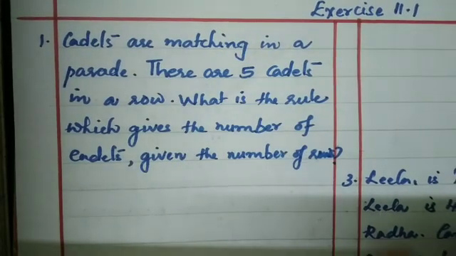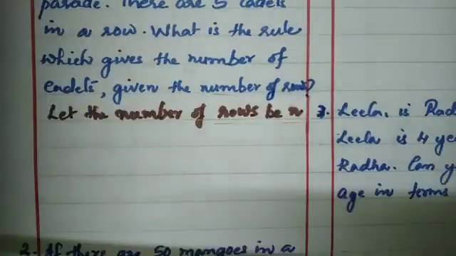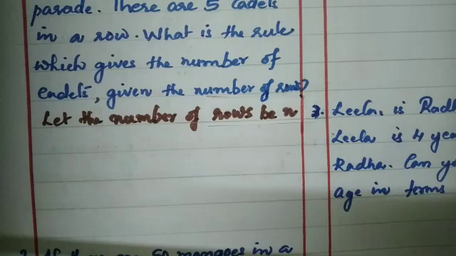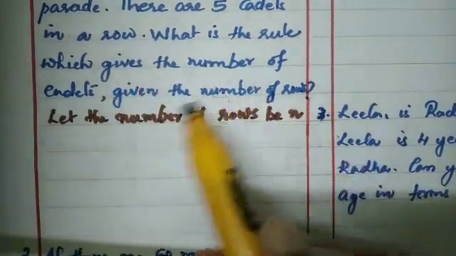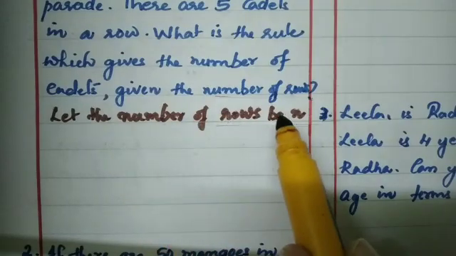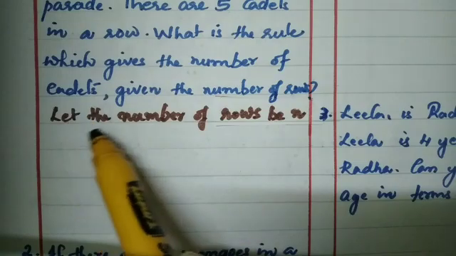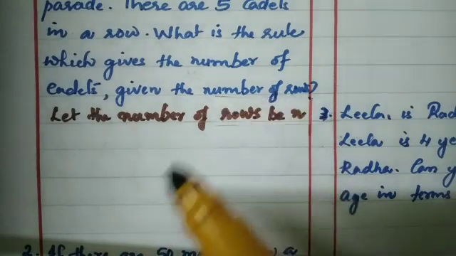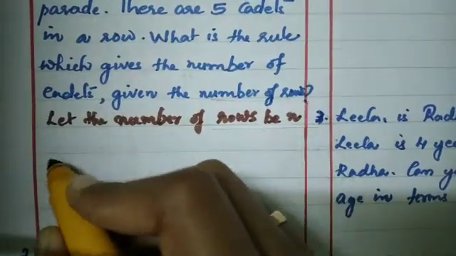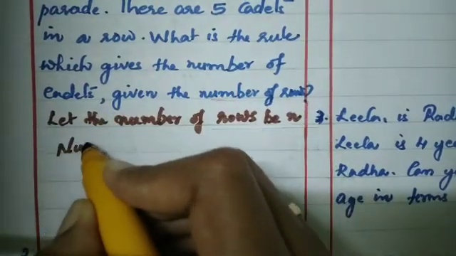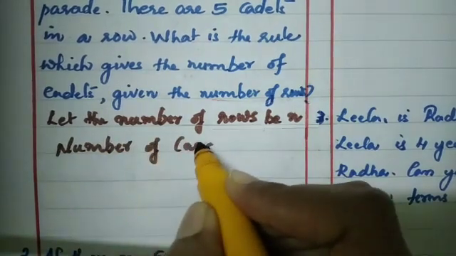Then express it using a variable. Take the number of rows be n. Okay. What is the rule which gives the number of cadets given the number of rows? Here you have to find the number of cadets. Here the number of rows be n. Okay. How do you find the number of cadets? Number of cadets